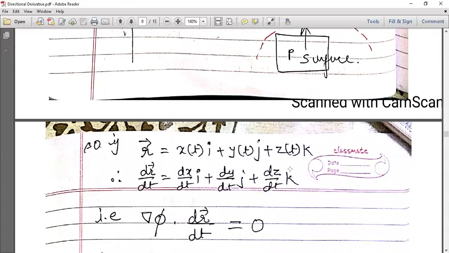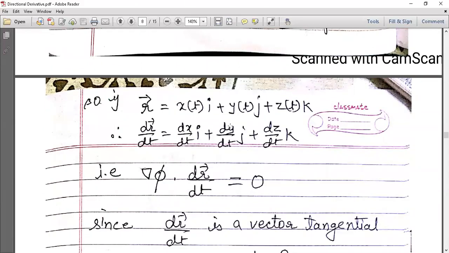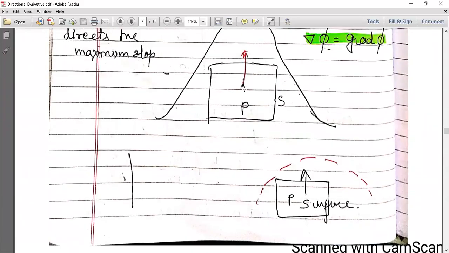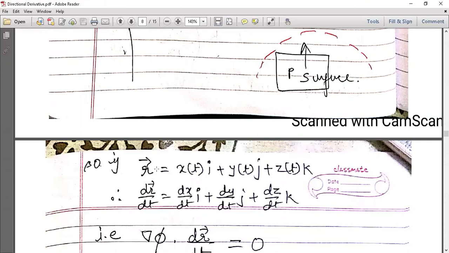This is the surface, and this dotted line will be our gradient. Here we have r, which I already explained earlier. r will always be a position vector. If I want the position of this point p on the surface, which I have considered as the xy plane, I can find it using this r. So vector r is x i + y j + z k.